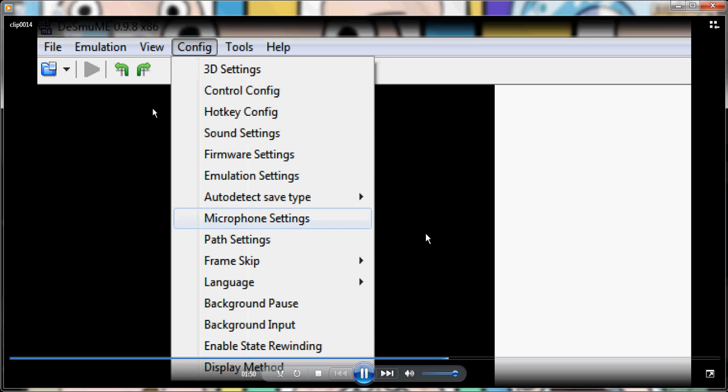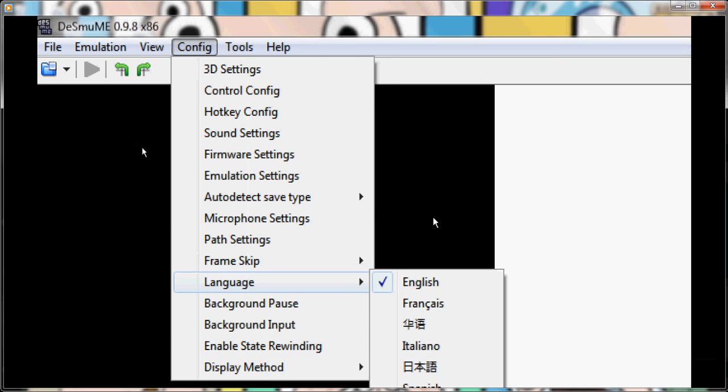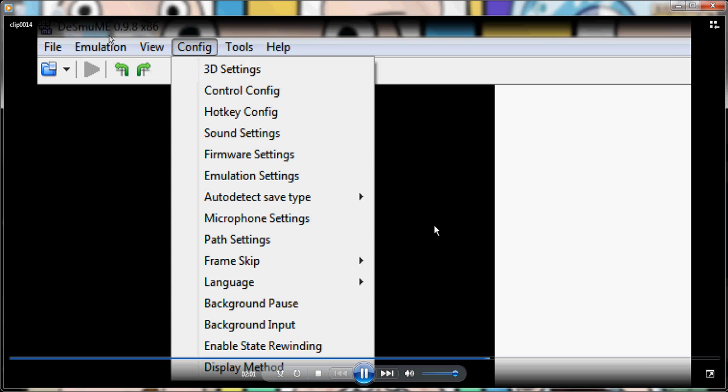Path settings says what, well, that's where your files go. Where do your files go? That's the path settings. Well, the path of downloading is my path. Yeah, it's my path. Really my path.